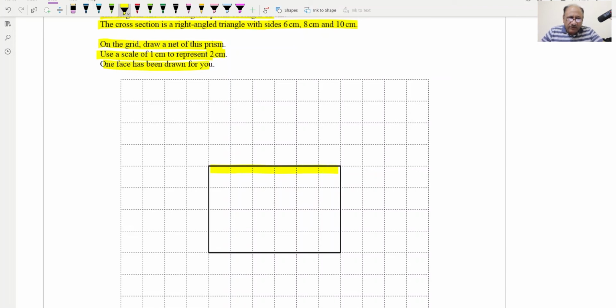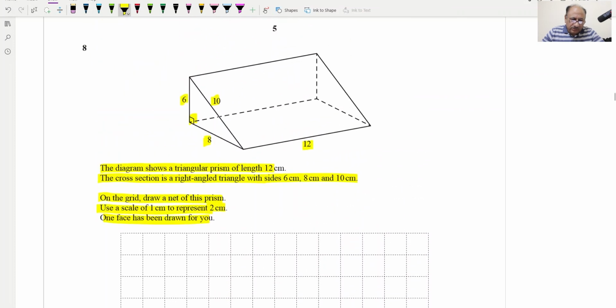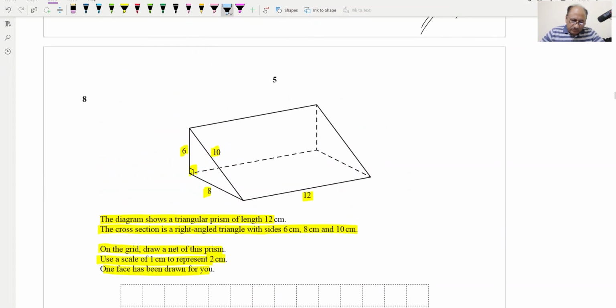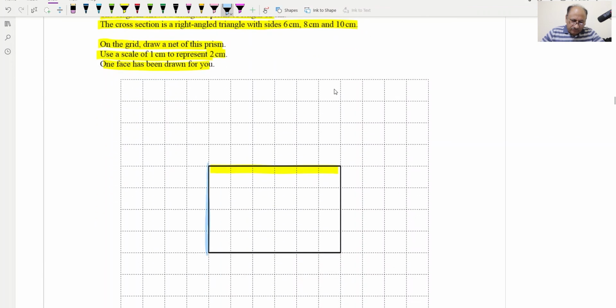So 5 means it is 10 units on this side, 10 centimeters. So one side is 10 and the other side is what? The other side will be this one, 1, 2, 3, 4. So it will be 8 centimeters, 8 centimeters from this side. So 10 and 8 centimeters they have drawn for us,